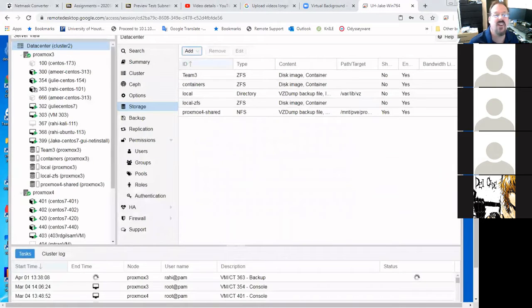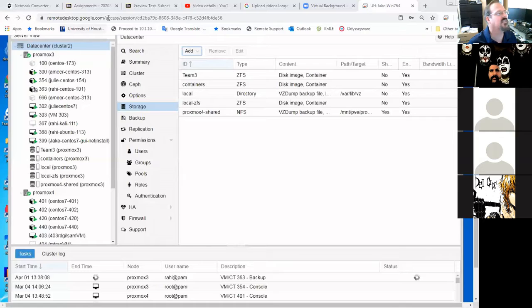Make sure to interrupt if I'm not doing something right, either in the chat window or via voice, so I know I'm doing something wrong. Can you guys see the screen now? Yeah, you can see it. Okay, thank you so much. All right, so like I said, on Proxmox 2,